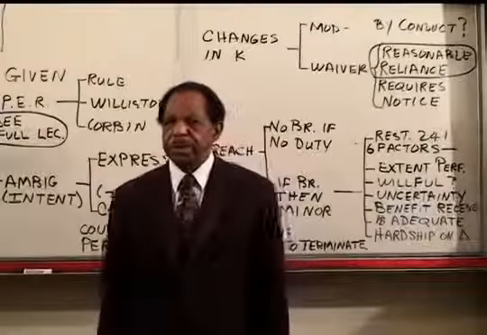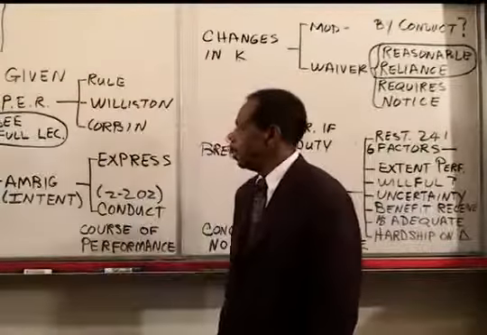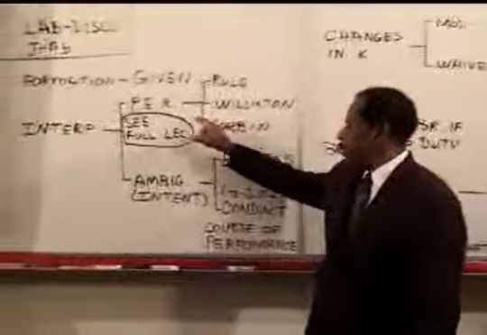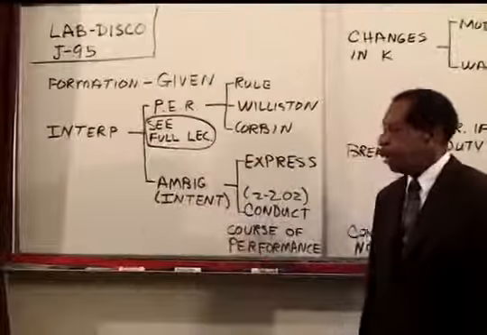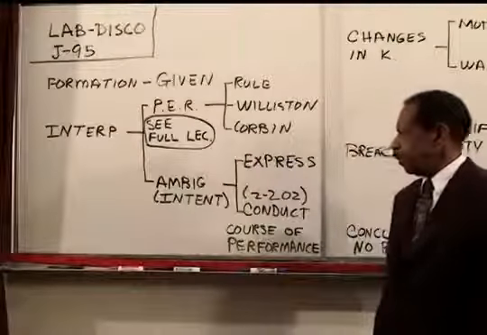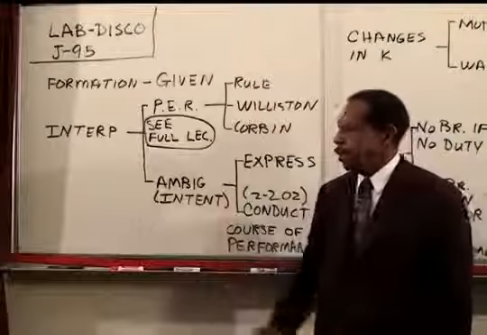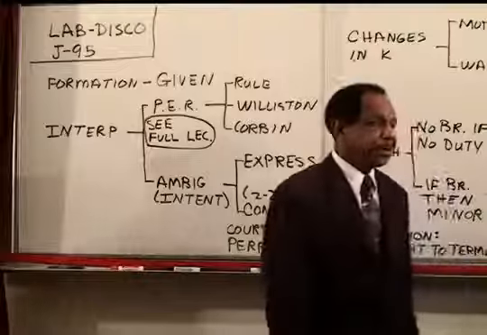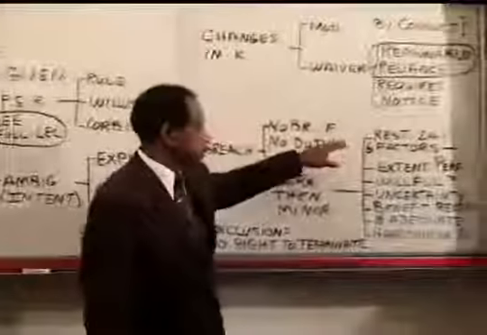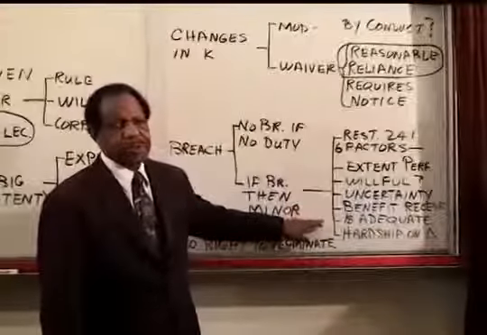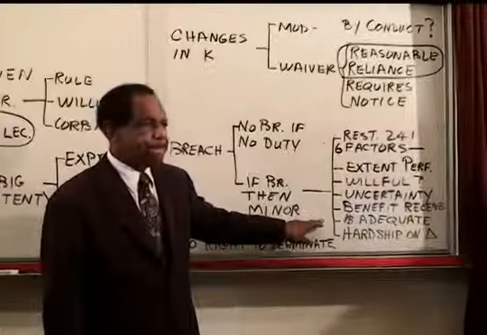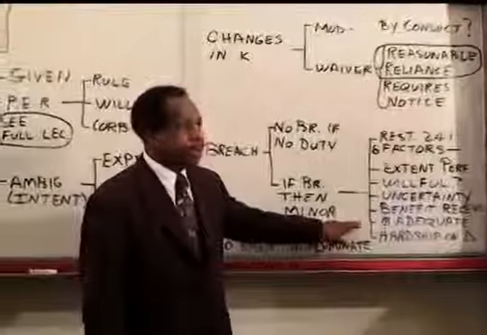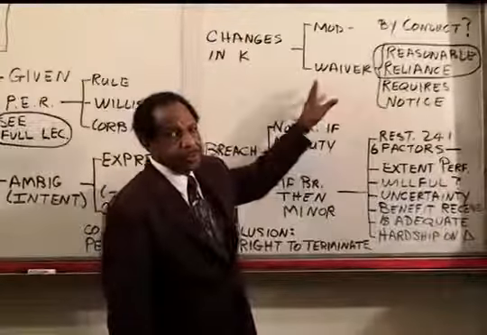Again, the critical things that I want you to get from this problem are the parol evidence rule, ambiguity, and do listen to the full lecture on those. These two are together on a lecture, but this was an excellent illustration of it. And finally, the minor breach as opposed to a material breach. And that's, if you got that out of this contract, and also we have some waivers here. This is important that